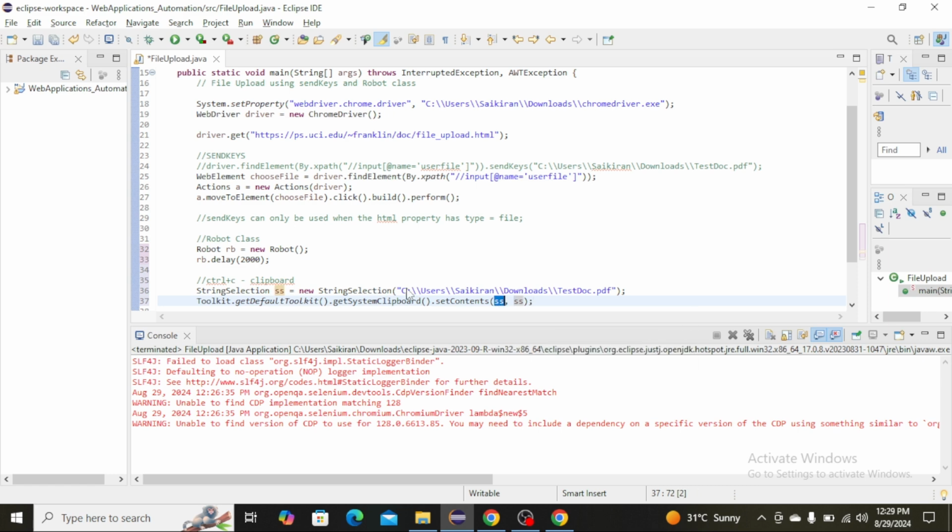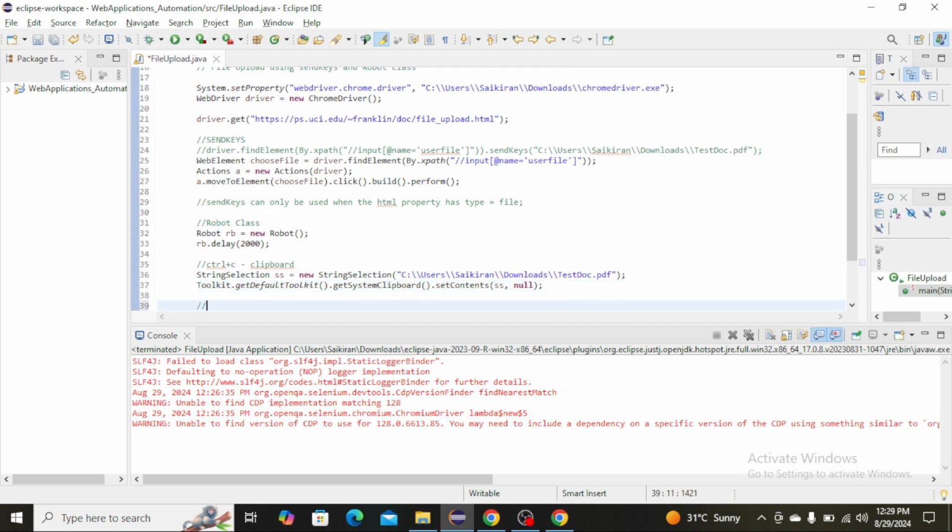First argument is this ss, and second one we can keep it as none. So we already copied the file path to our clipboard, and it's time to paste it, which means